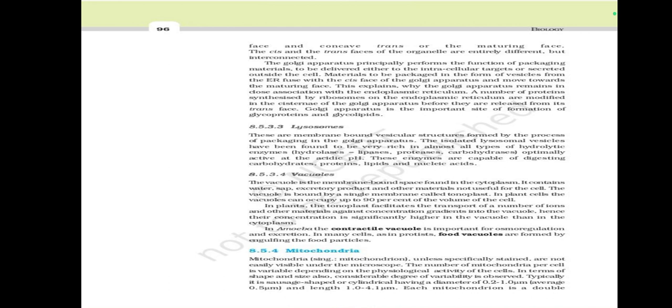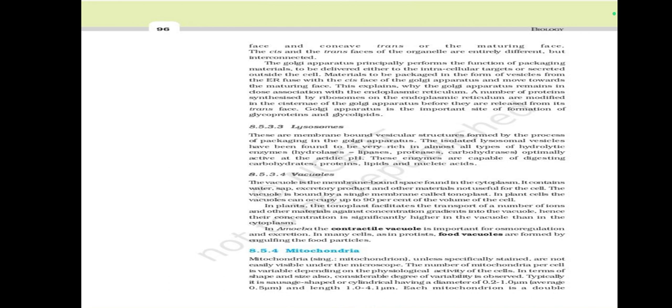Lysosomes. These are membrane-bound vesicular structures formed by the process of packaging in the Golgi apparatus. The isolated lysosomal vesicles have been found to be very rich in almost all types of hydrolytic enzymes,